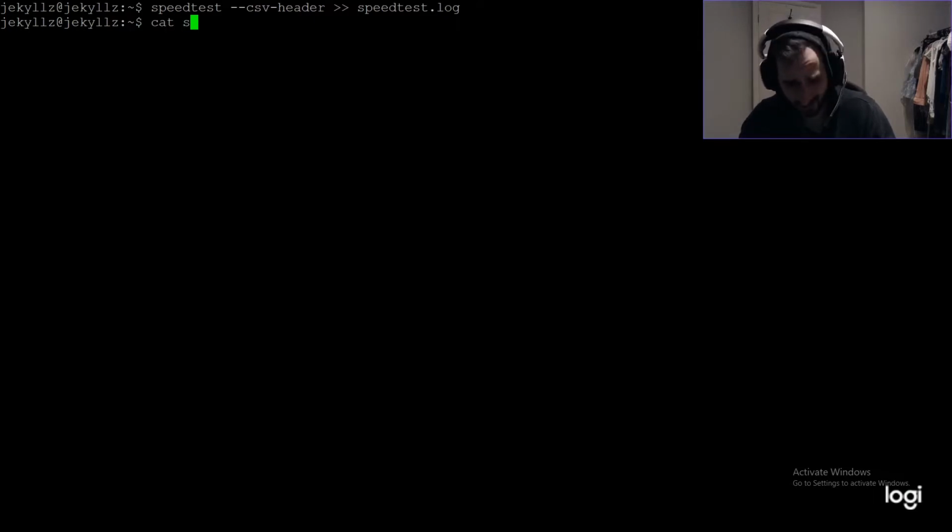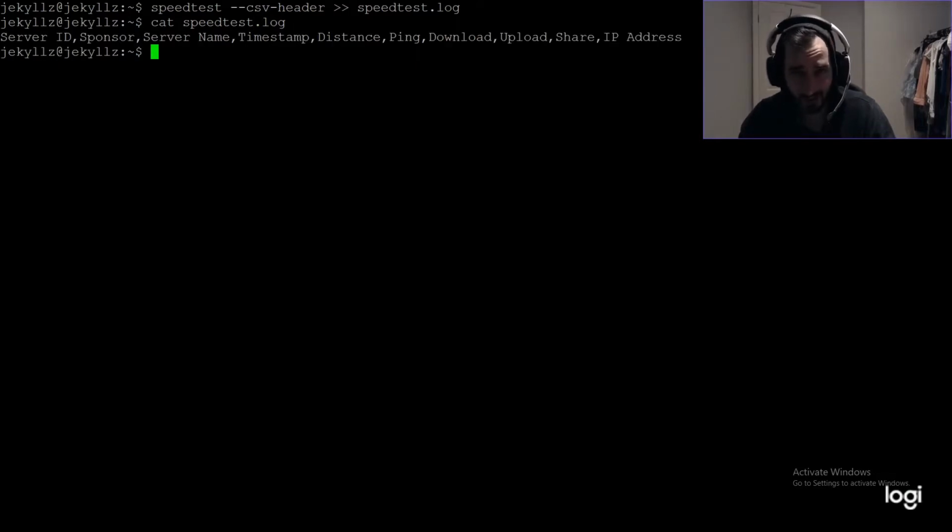I'm going to use speedtest --csv-header, two greater than symbols to append this into the file that we just created, and then we're going to use speedtest.log, and that's going to write that into that text file. If I use cat speedtest.log, we can see, sure enough, we have the start of our CSV file,